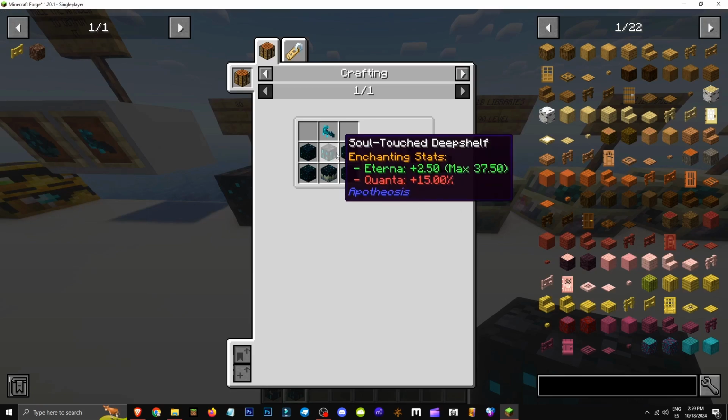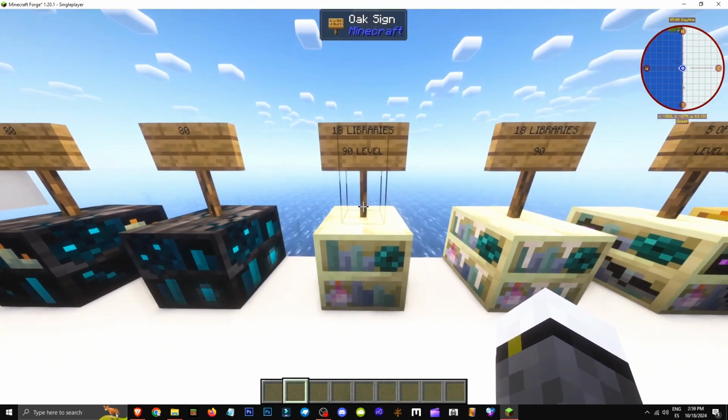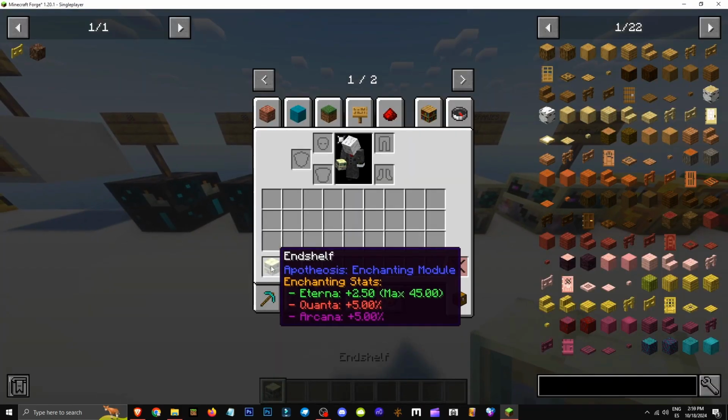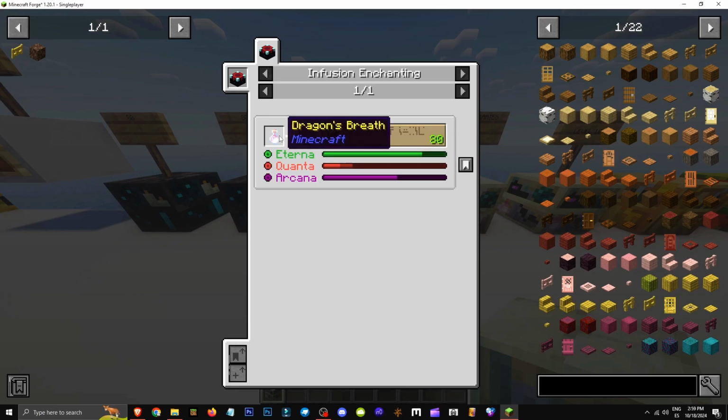And this is the crafting process with an Assault Oach Deep Shelf, obtained like this. Remember, it lets us enchant up to level 8. With 18 bookshelves, we can enchant to level 9. It's done this way. For Dragon's Breath infusion, take Dragon's Breath and infuse it at the enchanting table with these